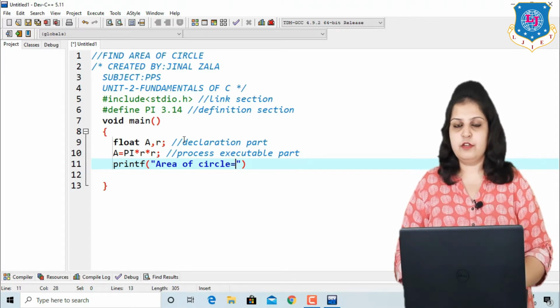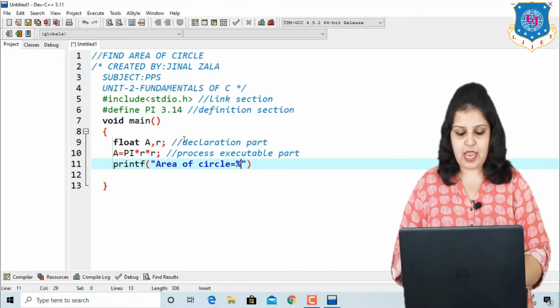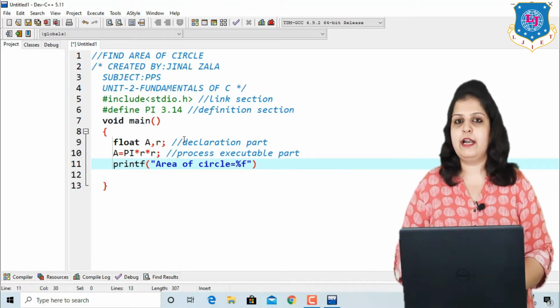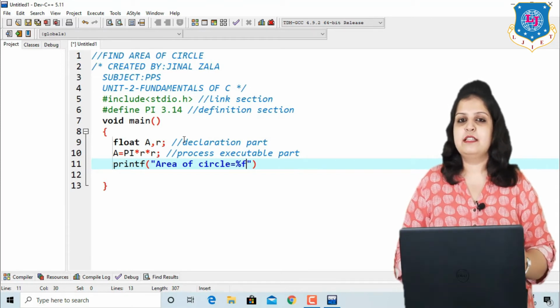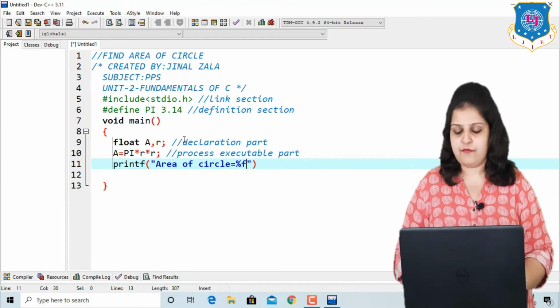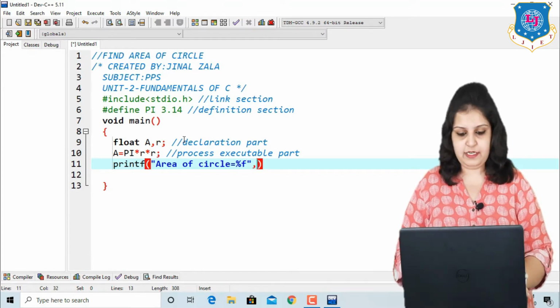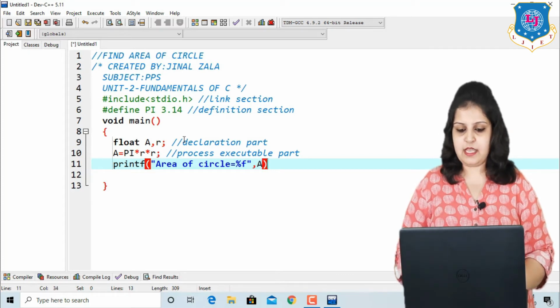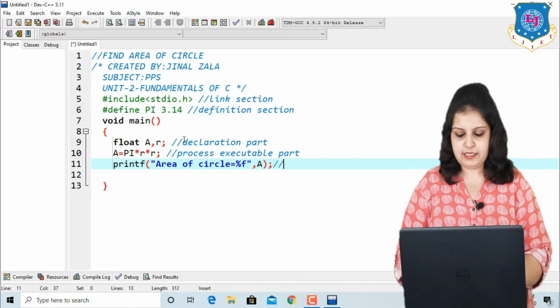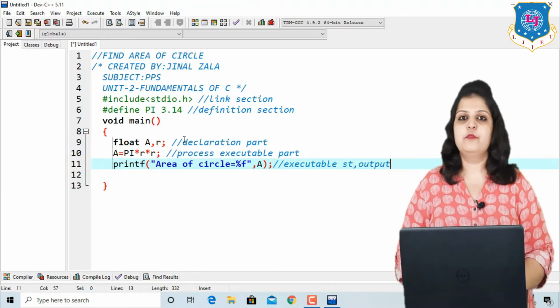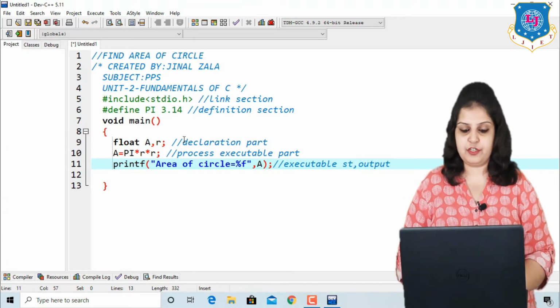So here for float, the control string is %f. If you have taken data type integer, then write %d instead of %f. And after the double inverted commas are completed, just write the variable name, that is capital A, and semicolon. And remember that every statement ends with a semicolon. This is also called an executable statement or output, because our output will be displayed by using the printf function.